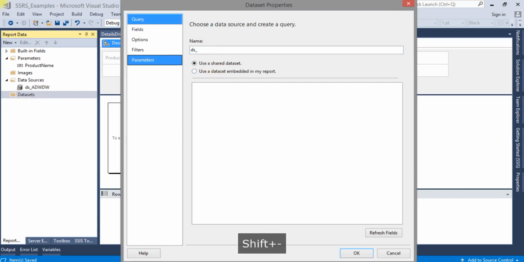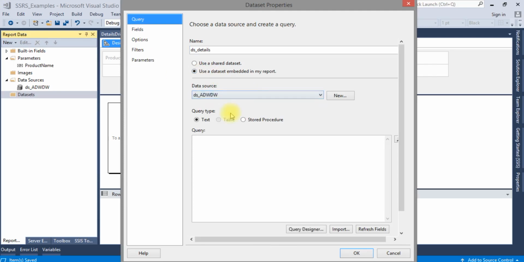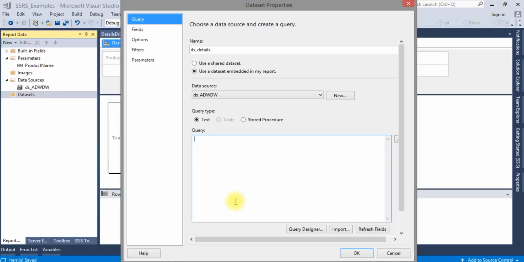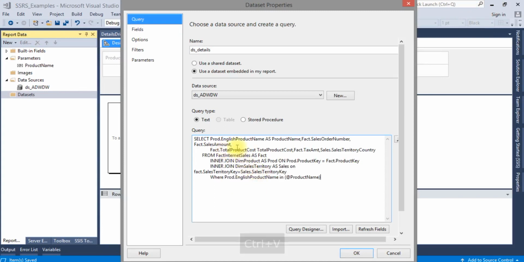The dataset will be named DS details. For the text, I have already written the query. It is a simple SQL script which will display the product name and sales order from the fact internet sales table.